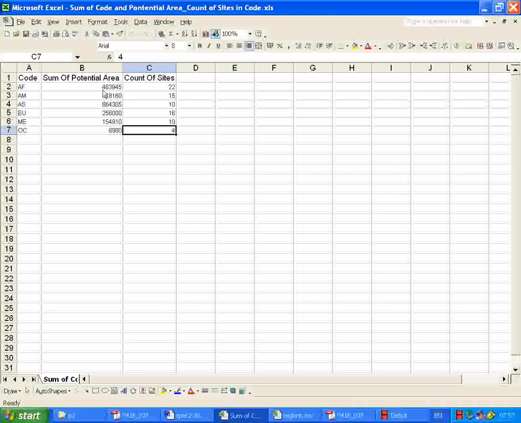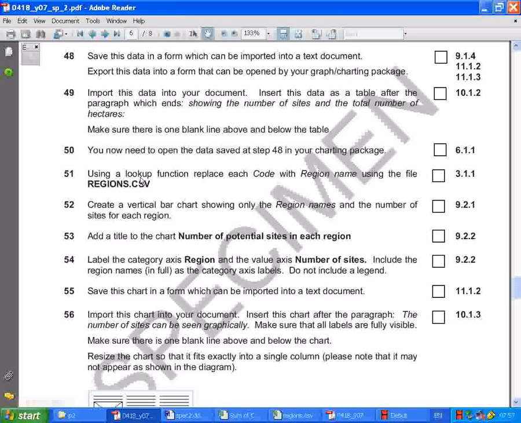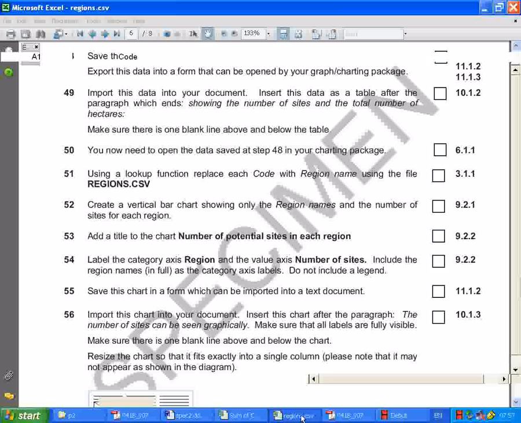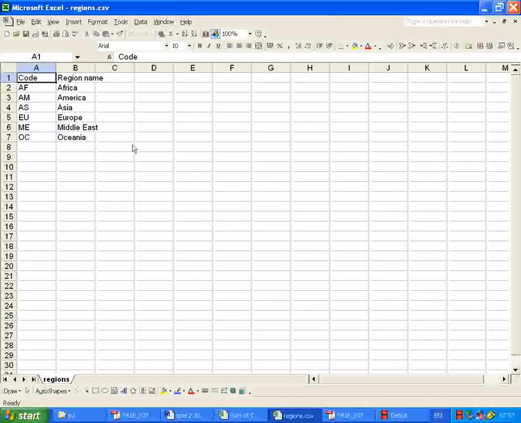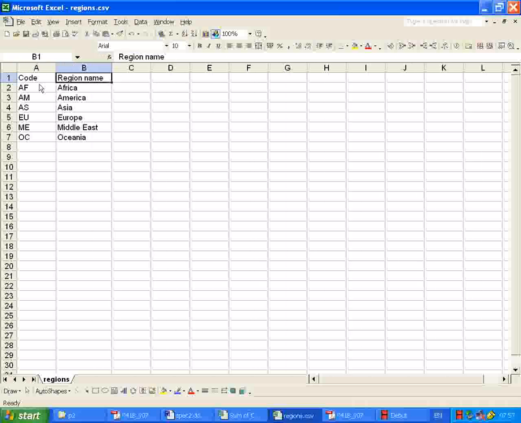from the report. And question 51, you say, using a lookup function, replace each code with region name using the file region CSV. If you look at region CSV, which you have downloaded earlier, you should open it, and it says region CSV, and you got the code and then the name of it. So, the code and the name of the country. What we want to do,